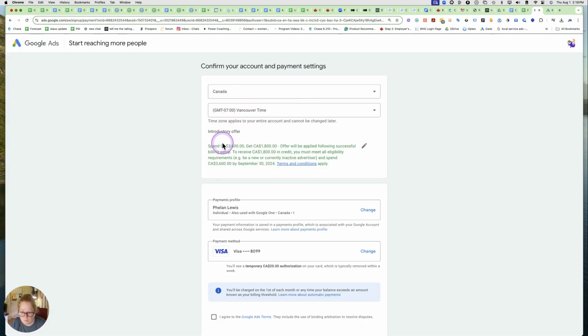Okay, there we go. And it's saying spend this, so we're getting that offer. So we went back to claim it. And it's saying spend $3,600 and get $1,800 free. Offer will be applied following successful billing setup. You have to receive the $1,800 in credit. You must meet all eligibility